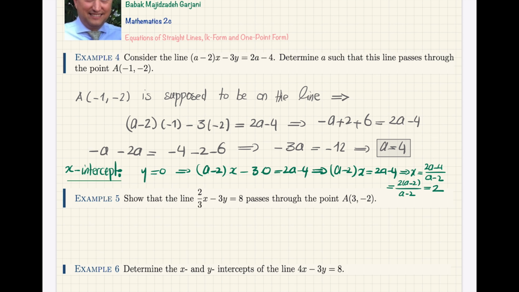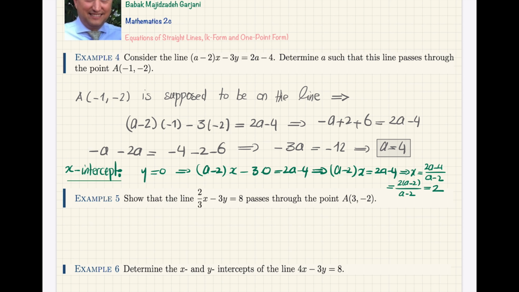Okay. But if you want to be very precise, something is wrong about this calculation. We can go back and probably confirm that. If I ask you, do you believe that this is equal to 2 always? Not always. When is it problematic? Look here. I'm asking, is this expression equal to 2? Of course, I have written it is equal to 2, and usually I don't make these kinds of mistakes, but